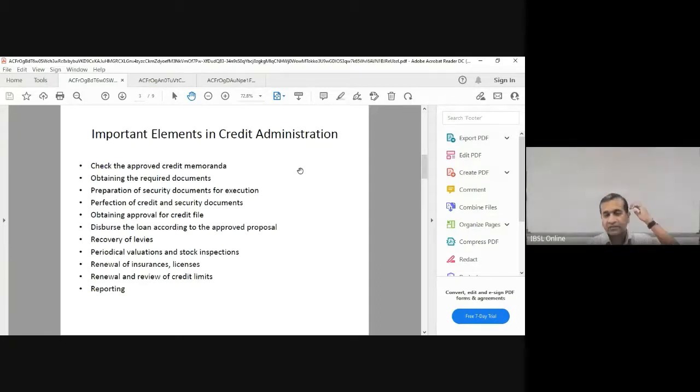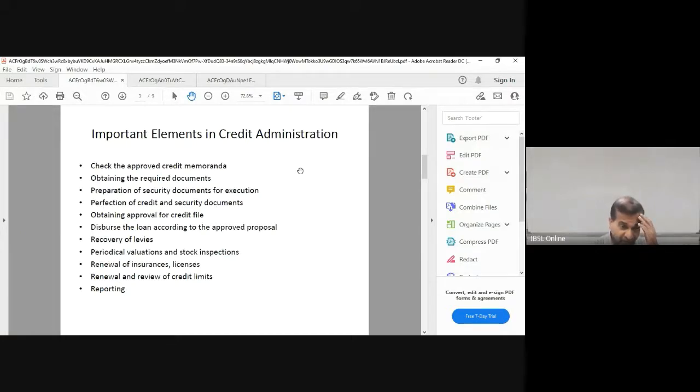What does that mean? It is not the credit approval, but the security documents approval. Somebody has to approve. What do they approve? They approve that the obtained documents are in line with the checklist of security documents approved by the hierarchy. So then you have a perfect credit file, and the admin department themselves need to disburse the loan according to the disbursement plan, which is partly in the credit memorandum. So you can see this part of the job is independent from the credit underwriters. So underwriters have no say on credit disbursement.